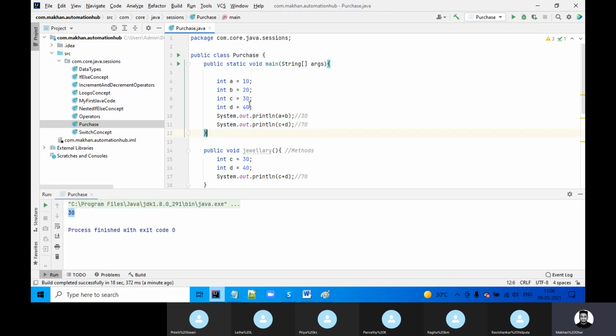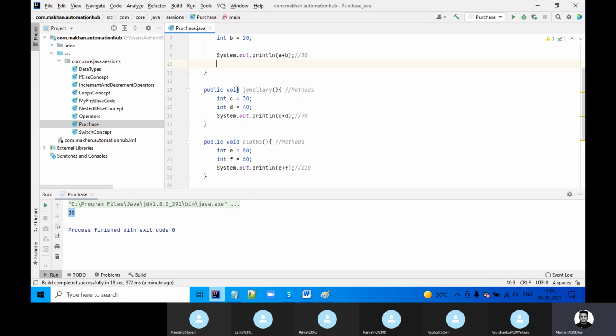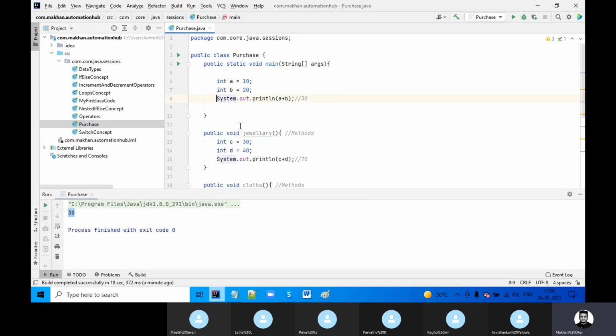Otherwise, it will not print. So this is not a good way, right? You can't have everything in one bucket, as Ravi already gave you the example. So to get all these, you have to create an object. I will show you how to create an object.